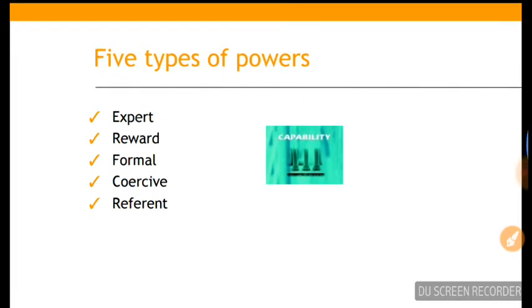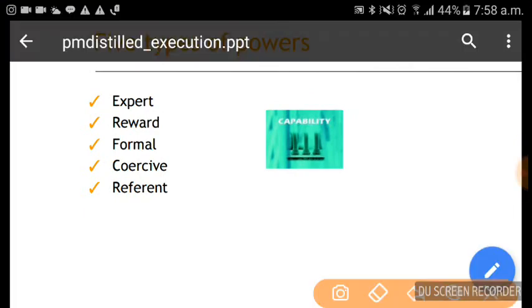And this is quite interesting. Talking about 5 types of powers of the project manager, or the 5 types of powers we have in the corporate world. So one is the expert power. You are good at something and you will be respected for that. So maybe you are a great techie, you will be respected for that. You are very good in management, you will be respected for that. You are a highly skilled, specialized mechanical engineer, you will be respected for that.